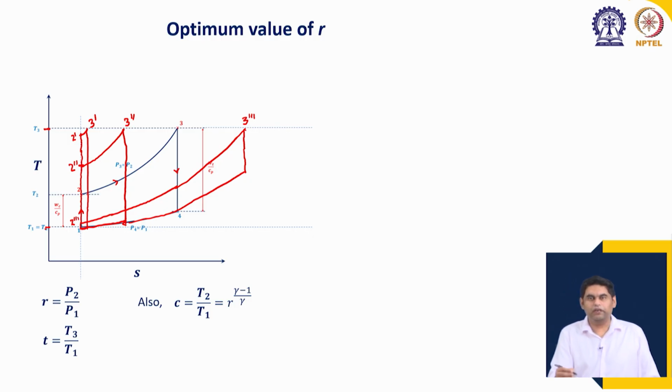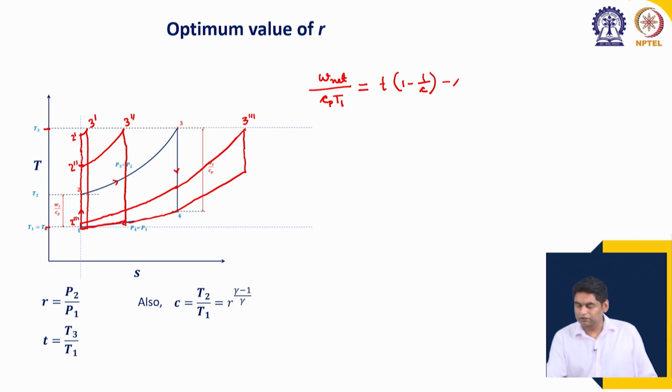Okay. It means that somewhere at a certain value of R, we will have a condition where the work output is maximum, and we want to find that. Okay. So, for that what do we do? We take the expression of the net specific work output W net by CPT1, that we have already derived, and that is equal to T minus 1 by C, minus C minus 1. Okay. So, to get the optimum value of R, to get optimum R,